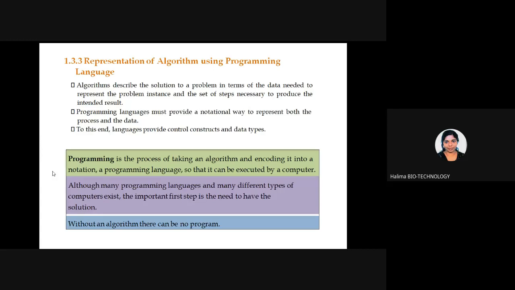An algorithm describes the solution to a problem in terms of the data needed to represent the problem, right? So now, how do you use the programming language to represent the algorithm? An algorithm is always a solution to a particular problem, right? So when somebody gives you a problem, the people will come and ask you, please develop a program for